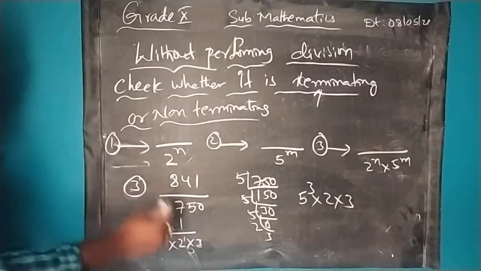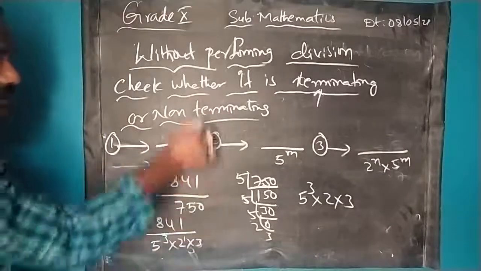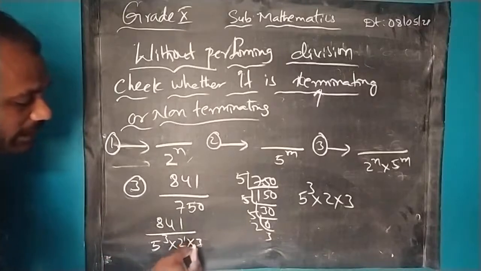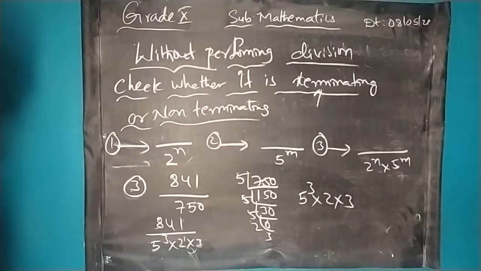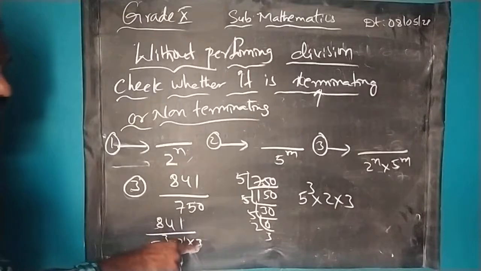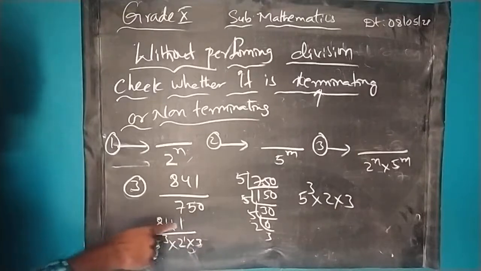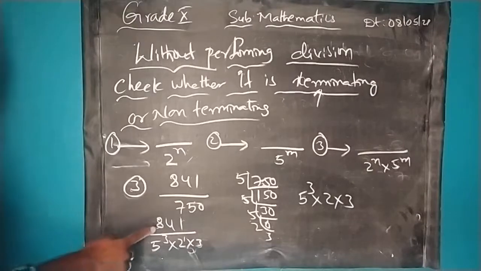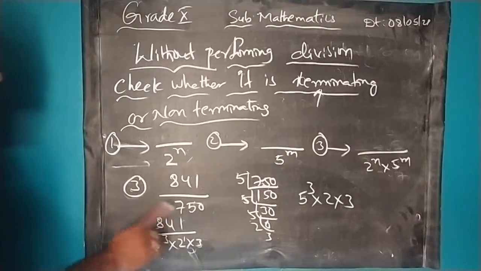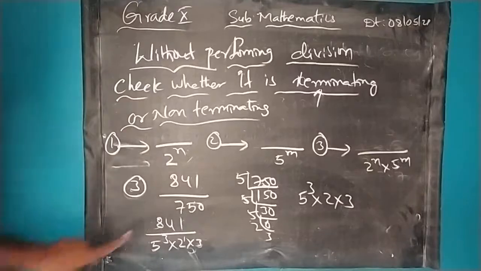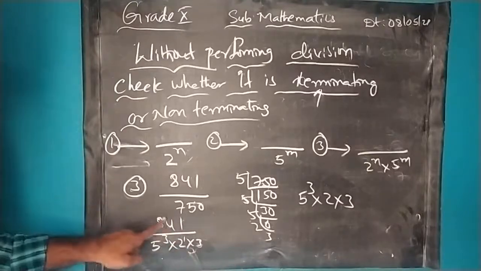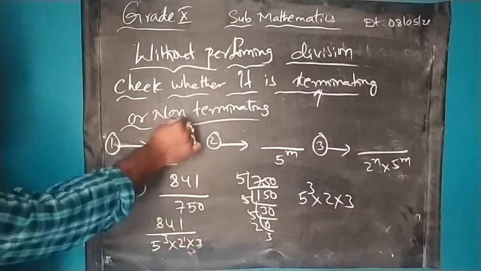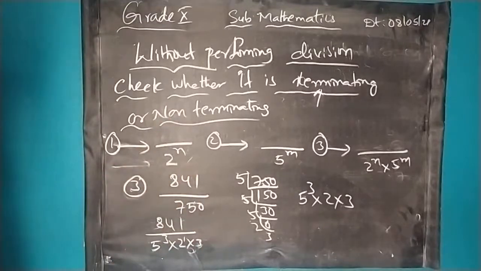But before saying it is a non-terminating decimal, first of all we need to check whether this 3 can cancel with the numerator or not. I have to check. So 3, what is the divisibility rule of 3? I have to do the sum of the digits. If the sum is in the 3 table, it is divisible by 3. So 8 plus 4, 12. 12 plus 1, 13. 13 is not in the 3 table, so it is not cancelled by 3 at all. So since it is not cancelling, and 3 is there in the denominator, I will call it a non-terminating decimal.